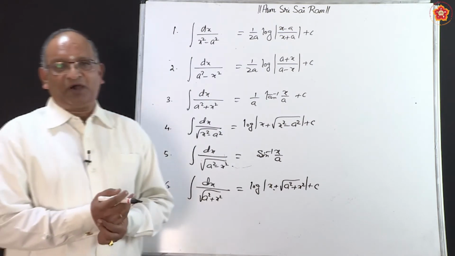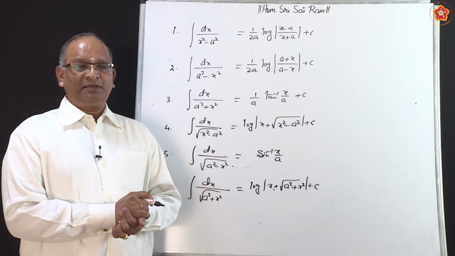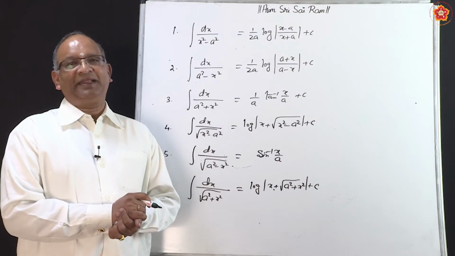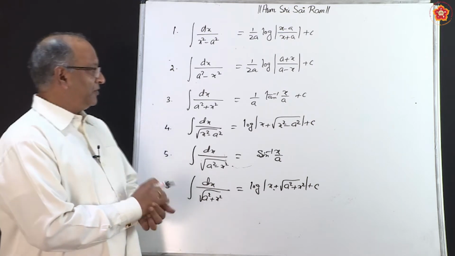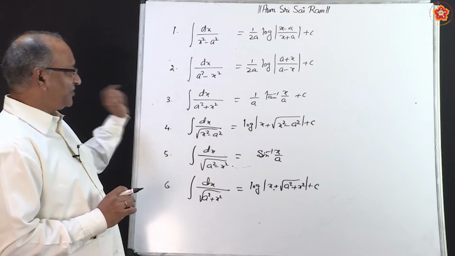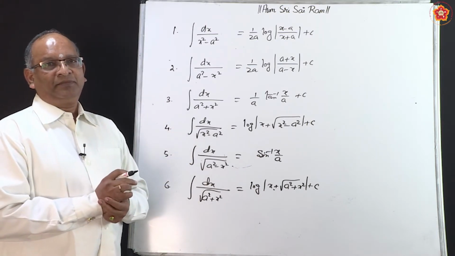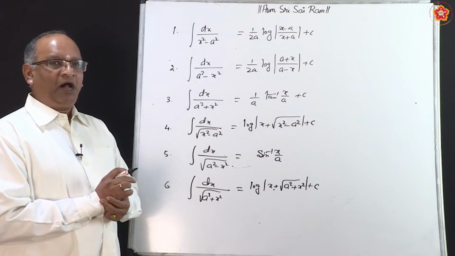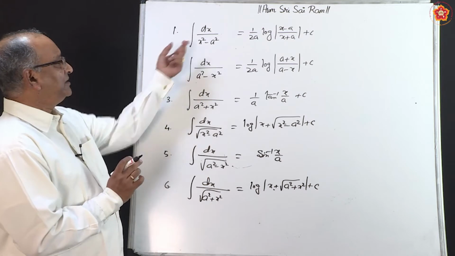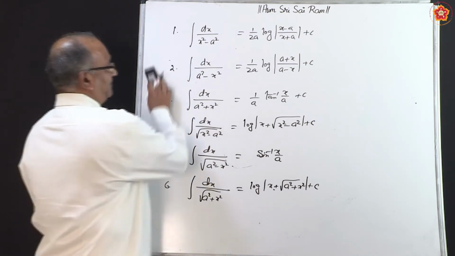These are the 6 formulae, and what is important is how these formulas have been derived. We will not derive all of them, we will just take one of the first 3 and then one of the next 3 and see for ourselves how these formulae are derived. So, let us begin with the first formula.